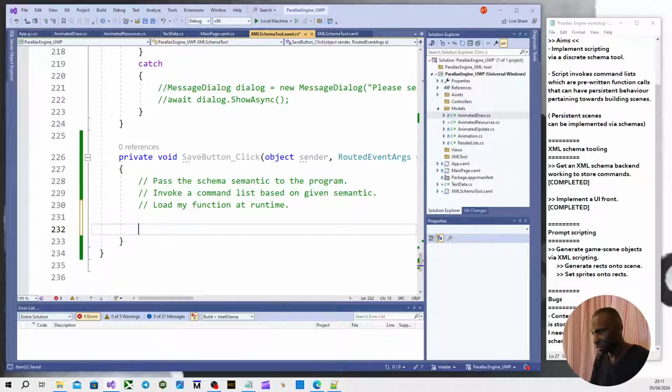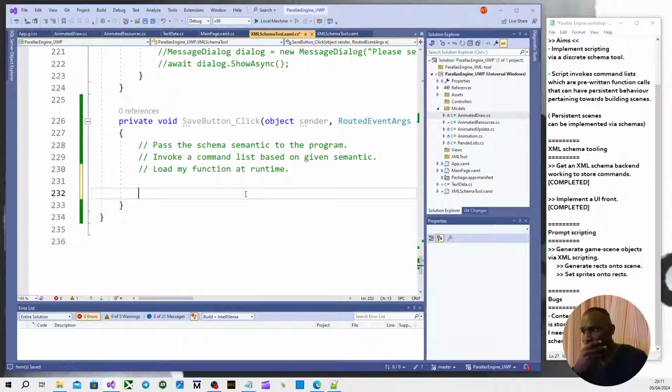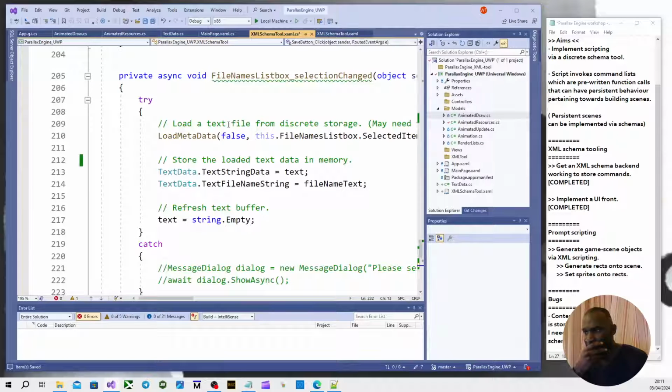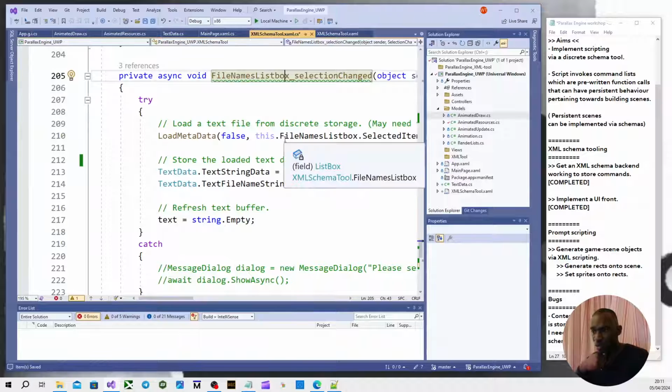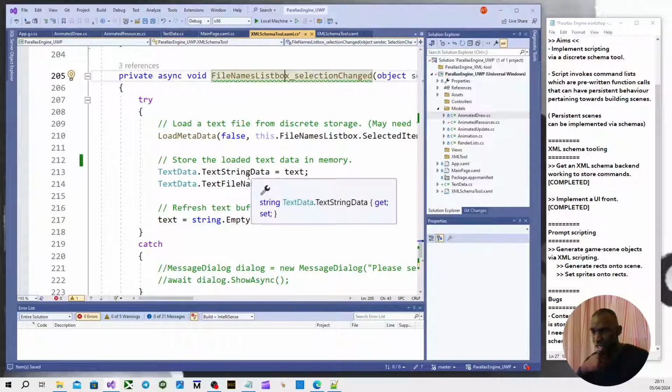Let me just see what's going on here. So I have here in memory. Okay. So every time I click one of those entries, I update the UI on my content pipeline UI, and that's invoked in this function, file name listbox. I'm using a listbox underscore selection changed. So where's the UI being updated? I'm not 100%